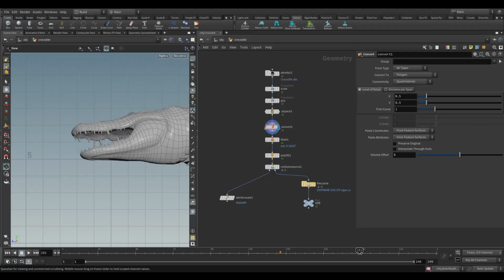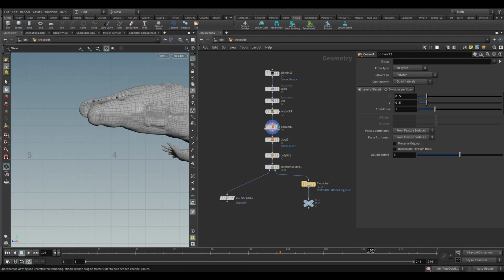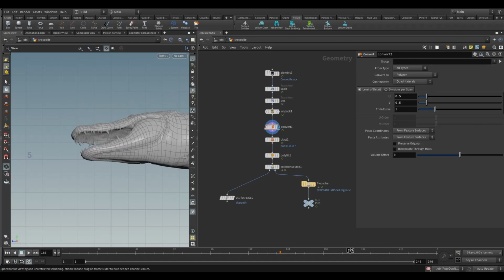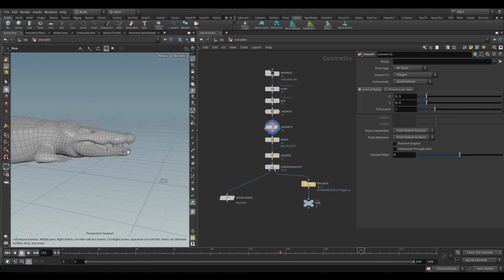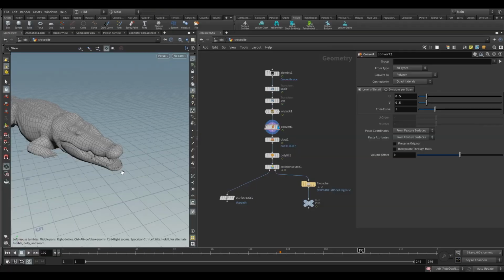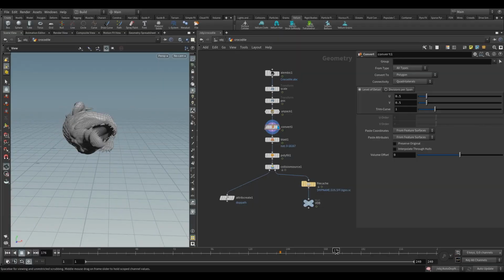Okay, so if the body or the arms of the hunter are under the jaw of the crocodile, then they'll get pushed through into the floor, and we'll have all kinds of problems with intersections there, which is something I'm very cautious of in this simulation, because the crocodile is moving so quickly and so violently. Also, we've got cloth sitting on top of a soft body simulation, so